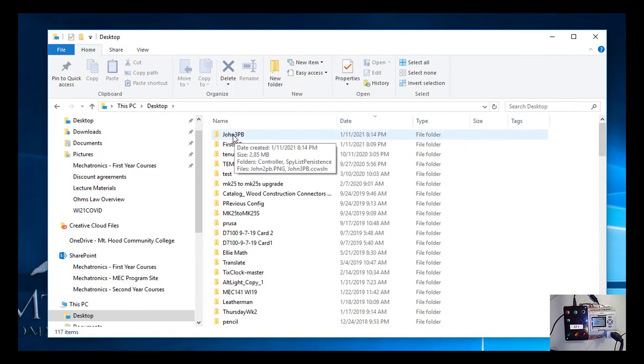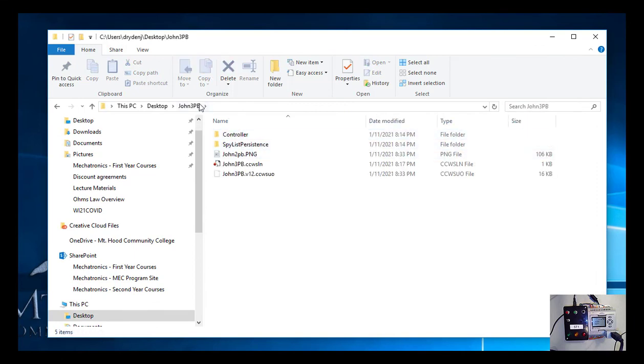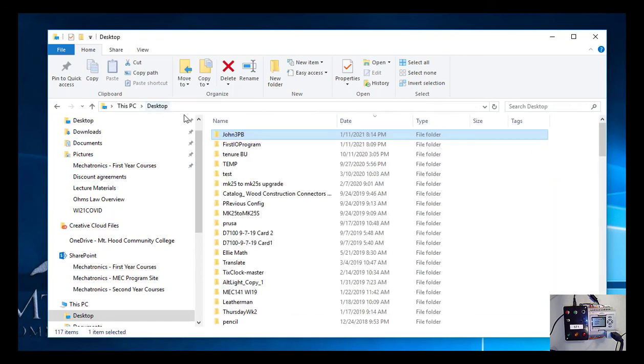Okay, now I am going to open File Explorer, and we're going to go look at those programs. So here is the folder that I had, and you can see it created two different folders inside that, plus these number of files. And if it's a more complicated program, it can have many more folders and files as well. So anytime I ask you to send me a program, an example of your program, you're really sending me a bunch of files. And to have that work cleanly in my MHCC, you need to zip all of those into one package. So if I was asking you to send me this controller, a copy of this program so that I could download it to my PLC, we'd go back up one level to this John 3PB, and if you right click on that,